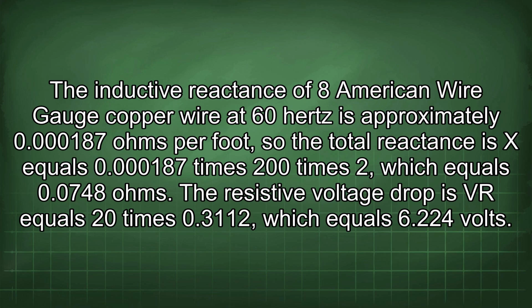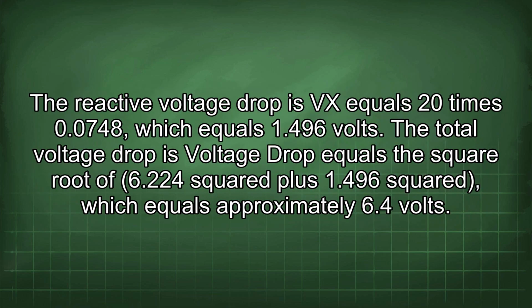0.3112, which equals 6.224 volts. The reactive voltage drop is Vx equals 20 times 0.748, which equals 1.496 volts. The total voltage drop is the square root of 6.224 squared plus 1.496 squared, which equals approximately